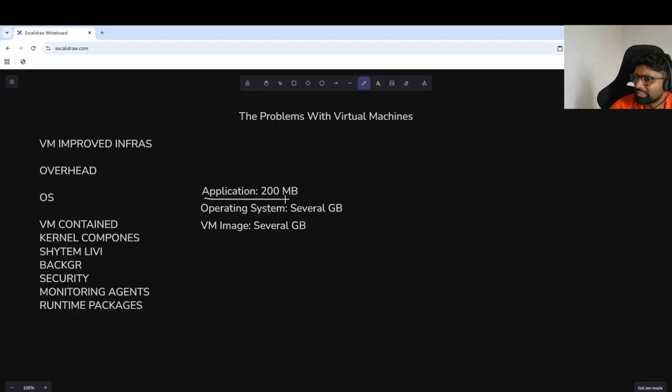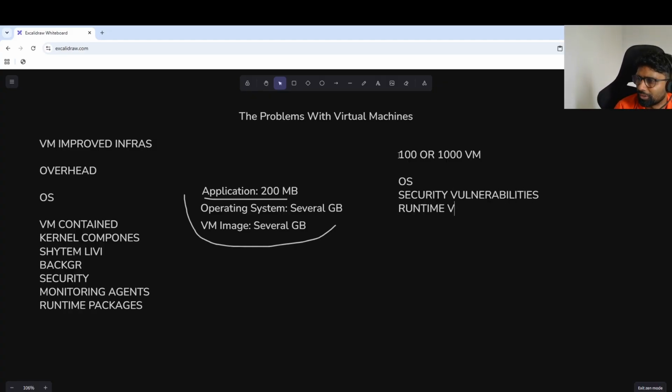Even if the application is small, the virtual machine could be very large. Now imagine running hundreds or thousands of virtual machines. The infrastructure team had to manage operating systems, security vulnerabilities, very important point here, then runtime versions, configuration drift, VM images, backups, networking, and so on. There are so many different things that the infrastructure team needs to manage.